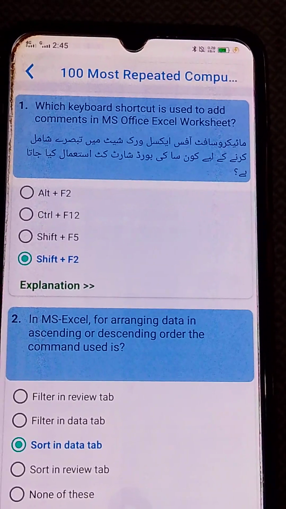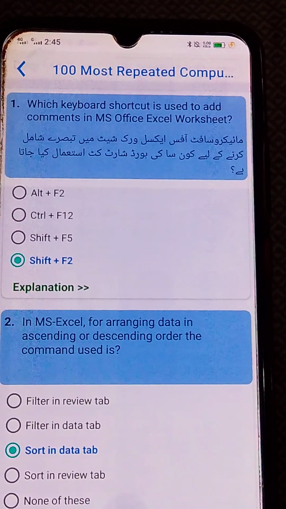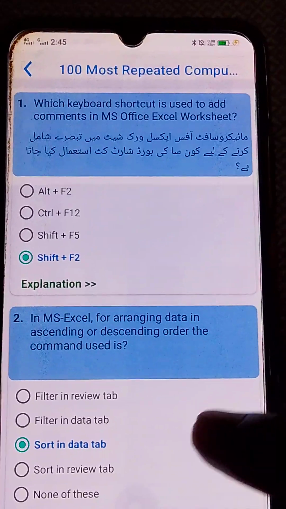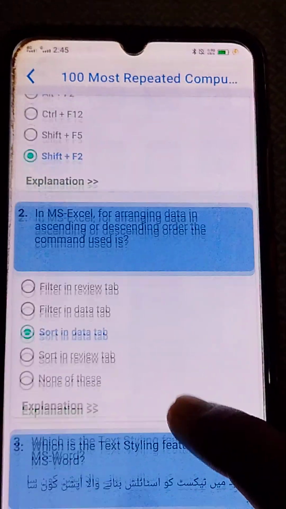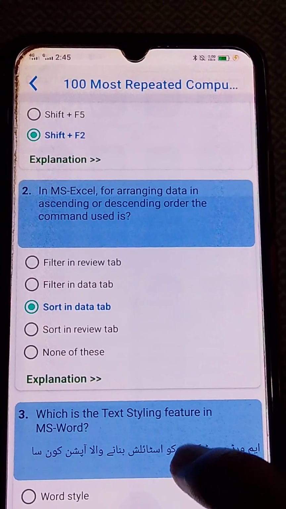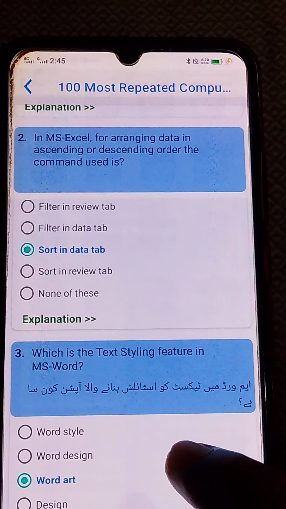Which keyboard shortcut is used to add comments in MS Office Excel worksheet? Shift plus F2. In MS Excel, for arranging data in ascending or descending order, the command used is sort in